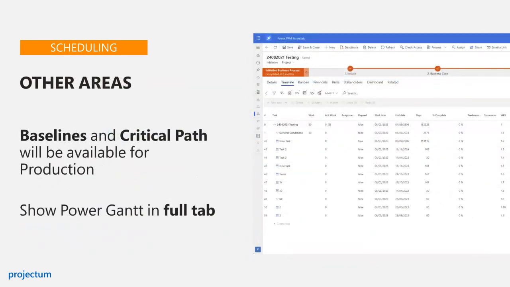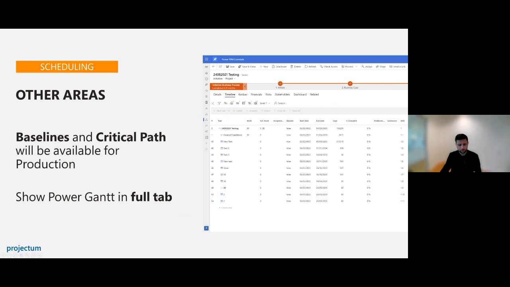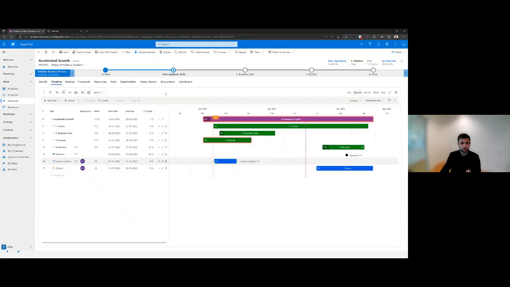We then take the third feature on the scheduling capabilities. We now have the baseline and the critical path that will be available for production. And we also have the possibility to show the Power Gantt in full tab. If you just jump in and check the baseline and the critical path, you will now see that the features